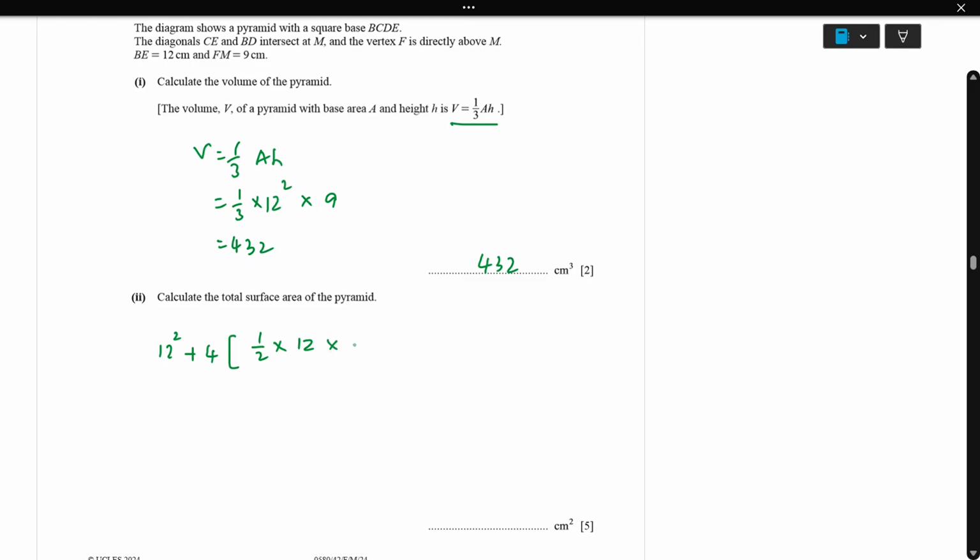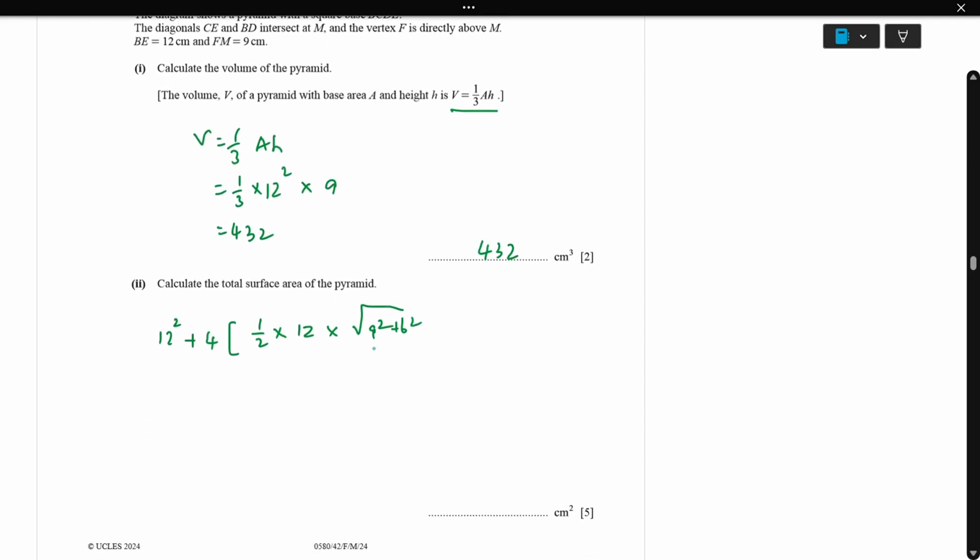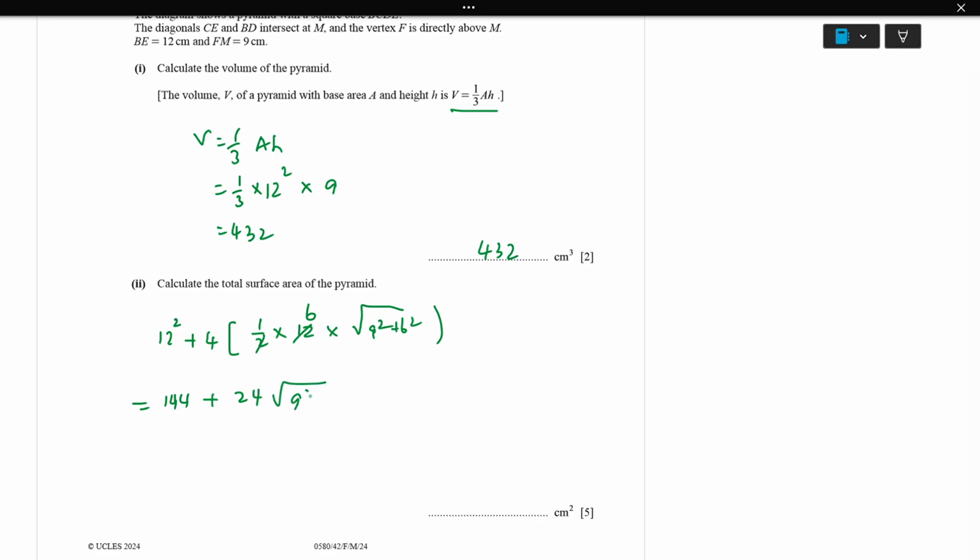The height is the square root of 9 squared plus 6 squared. So we get the height. Which is equal to 144 plus 6 times 4, which is 24, times the square root of 9 squared plus 6 squared, which is going to be